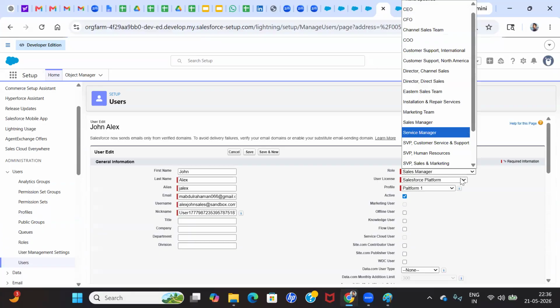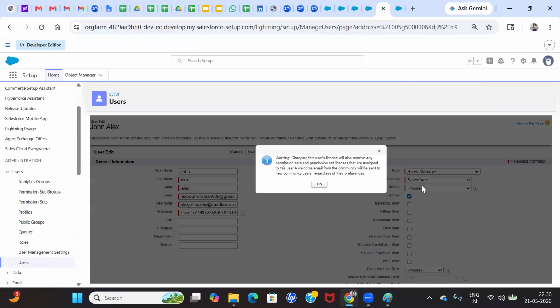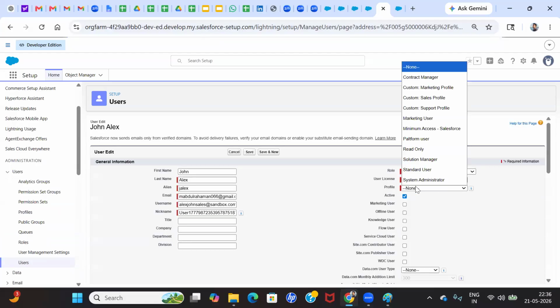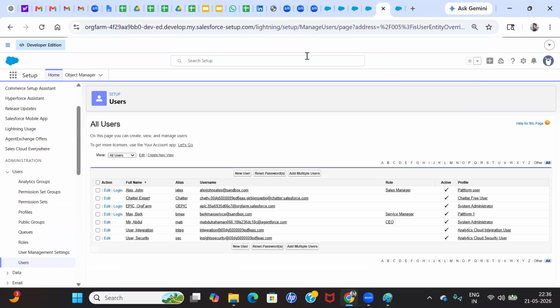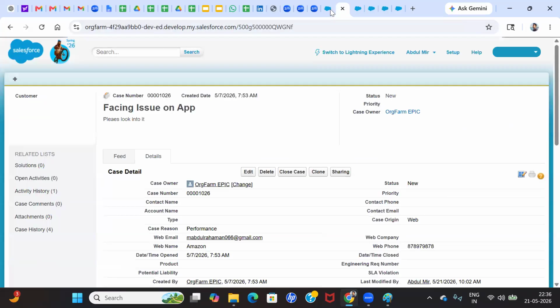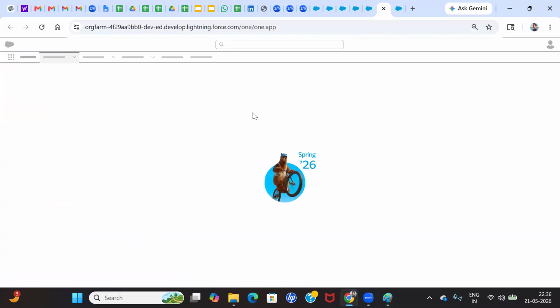Sorry, if I select Salesforce, then I will select platform user. If I click save, right, now if I log in to this user,